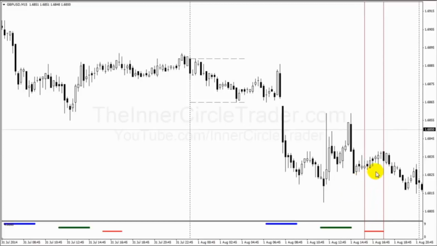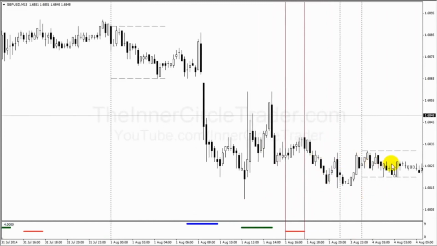But the low can form during the New York session. The New York session can cap the daily range, in other words, make the opposite end. In this case, it's a down day because we have a high up in here in London. The low is formed here in New York and starts to rally up. This in here is a reversal market profile. Market comes down, makes a low of the day in the New York session. Later on, it does trade sideways going into the new day. But we do have